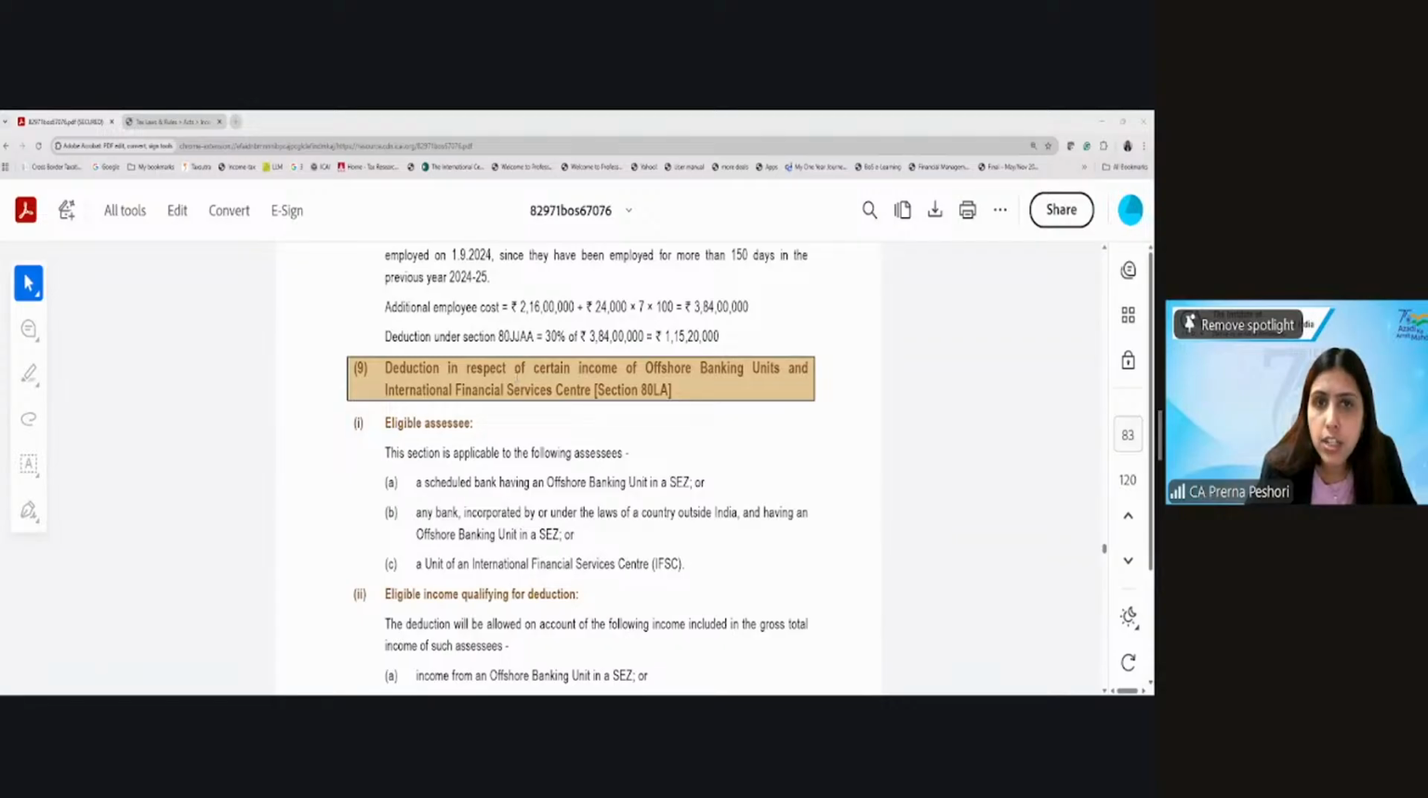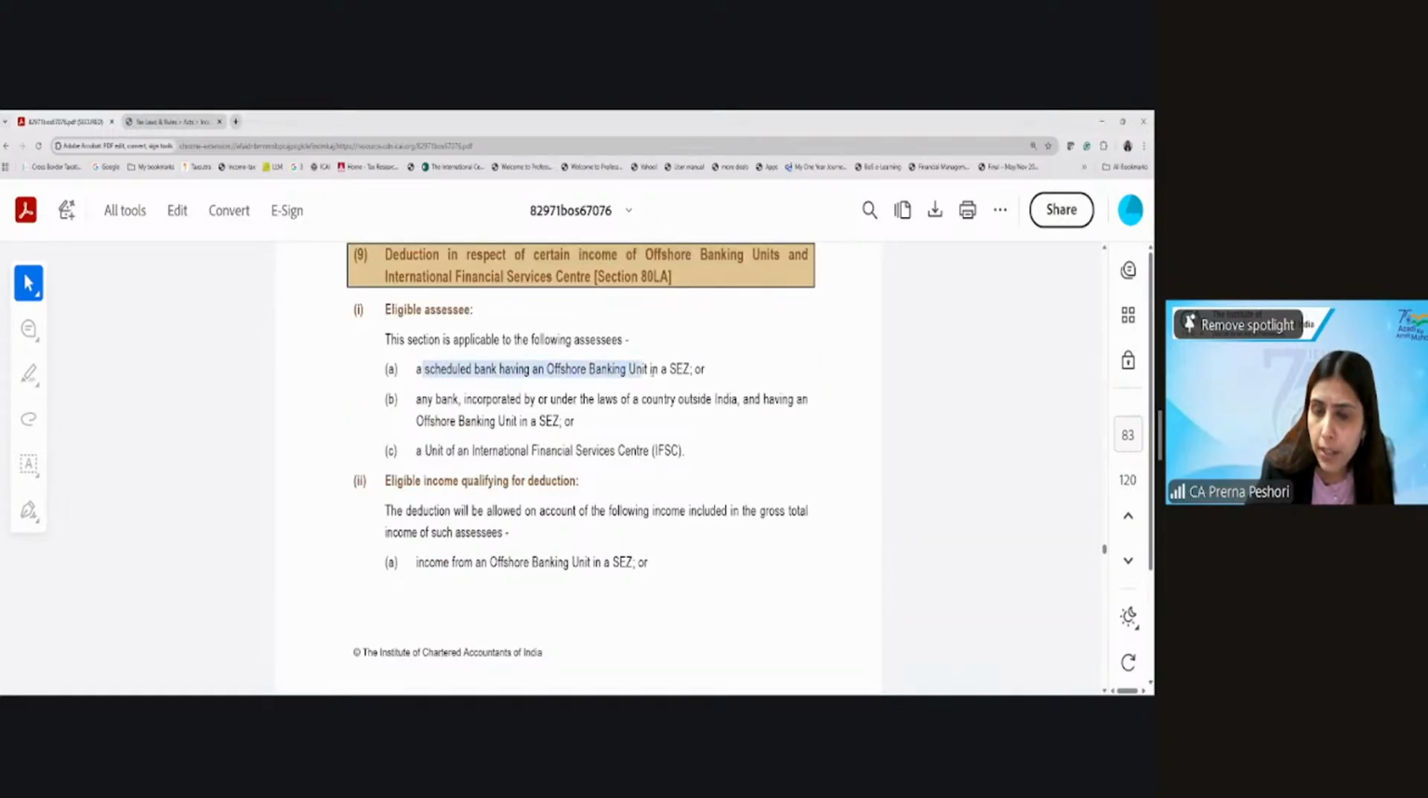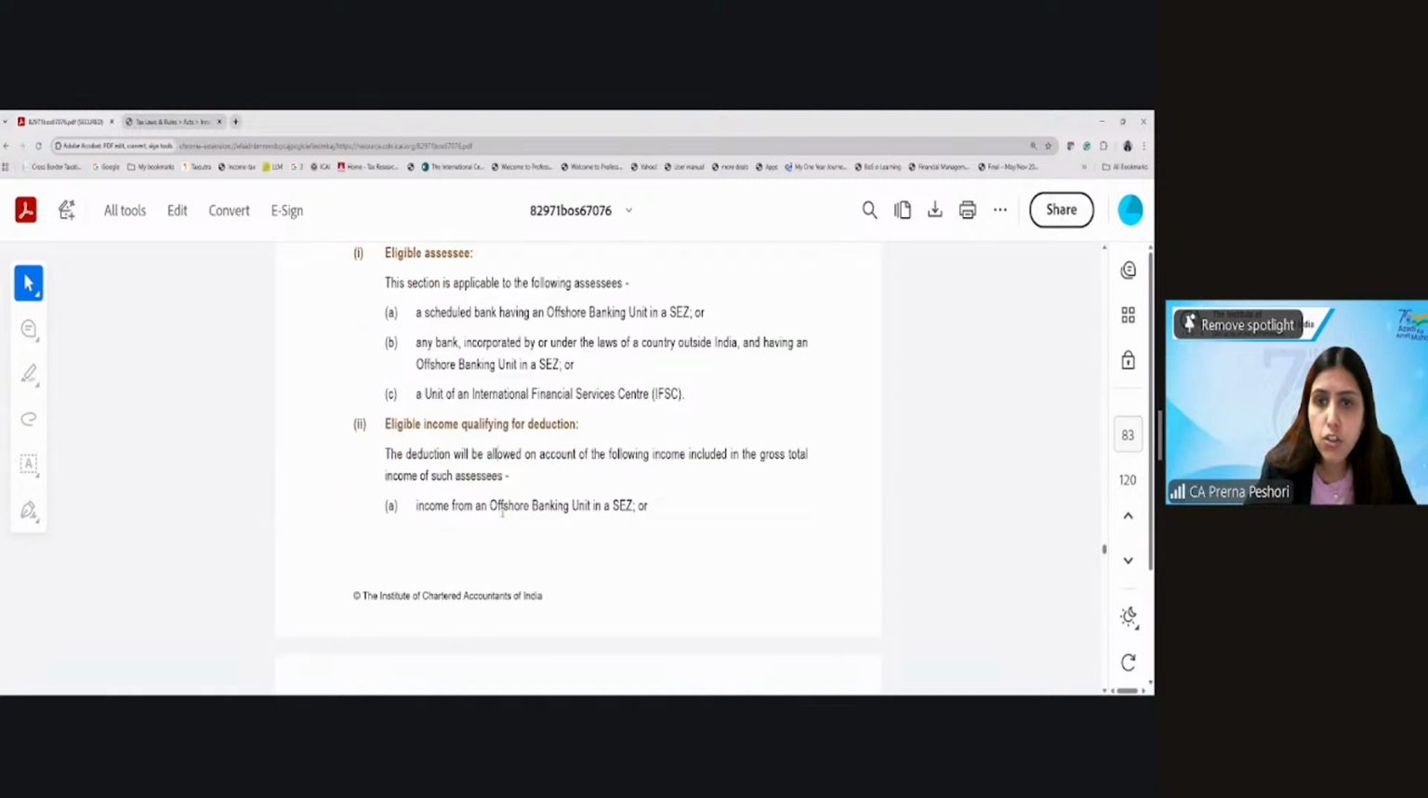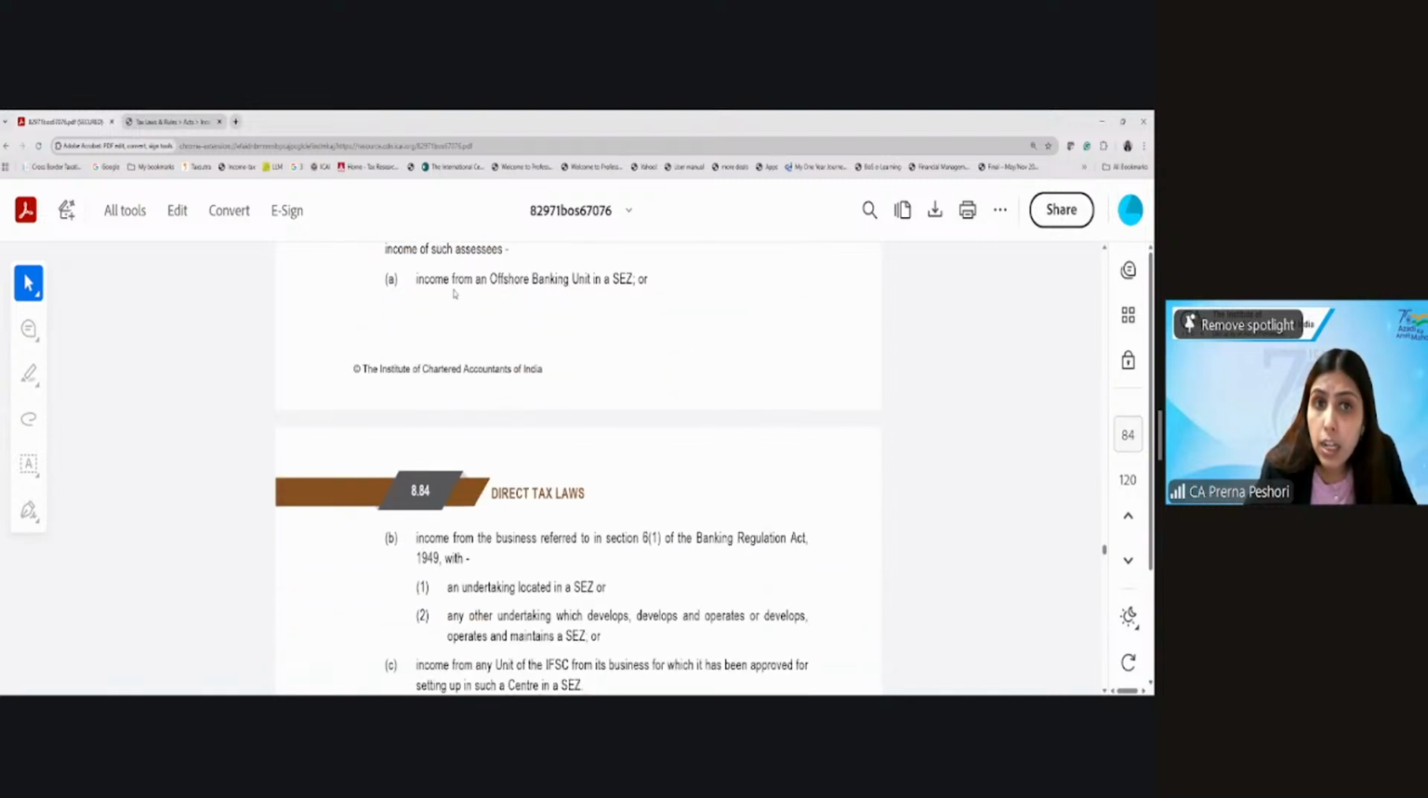80LA, deduction in respect of income of offshore banking units and IFSC. So again, this deduction is available under the old as well as the new scheme and in the concessional tax regime. Okay. So this is a deduction which is available to the scheduled bank, which is an offshore banking unit in SEZ, like a bank established in SEZ. Any bank incorporated under the laws of a country outside India and having a unit in the SEZ or a unit in IFSC. Any unit in IFSC, then this deduction shall be allowed with respect to the income of the banking